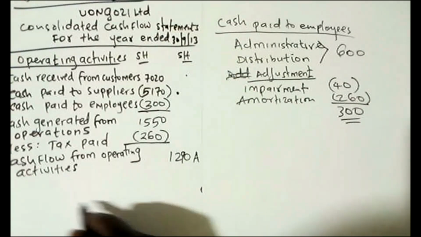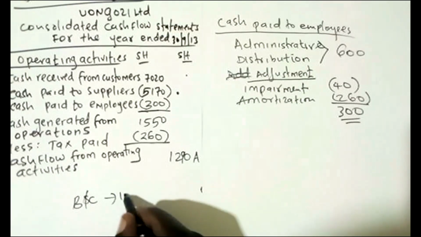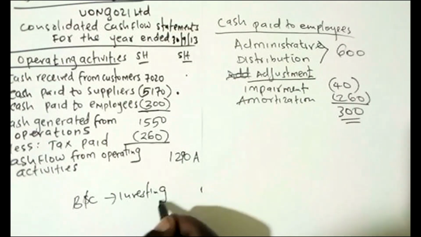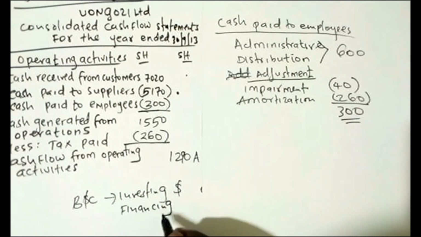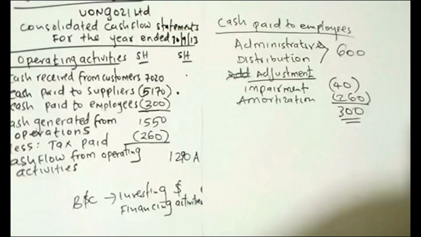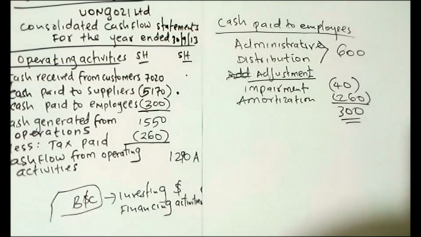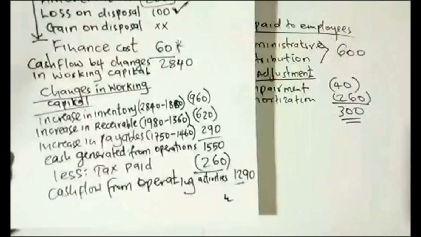So if you could have continued with B and C, which is investing and financing activities. Investing and financing activities are supposed to be the same as that one of the indirect method. So you can check when we did using the indirect method,